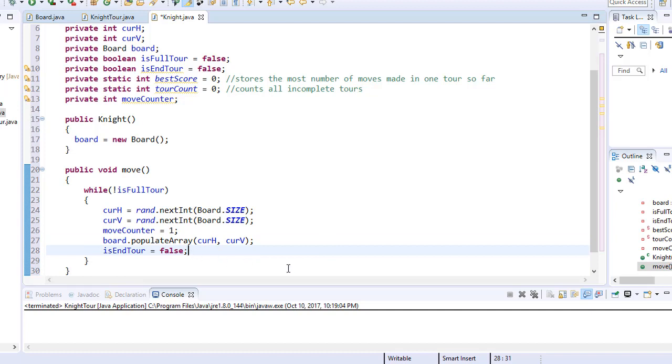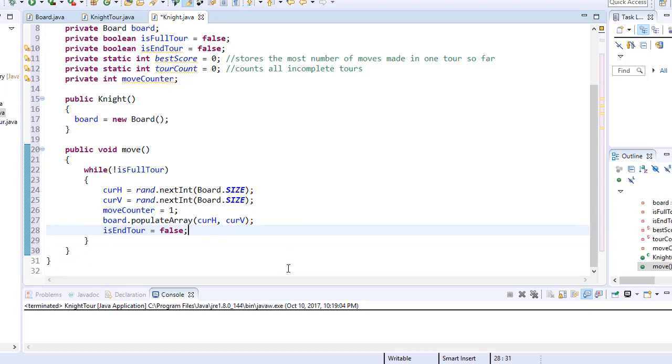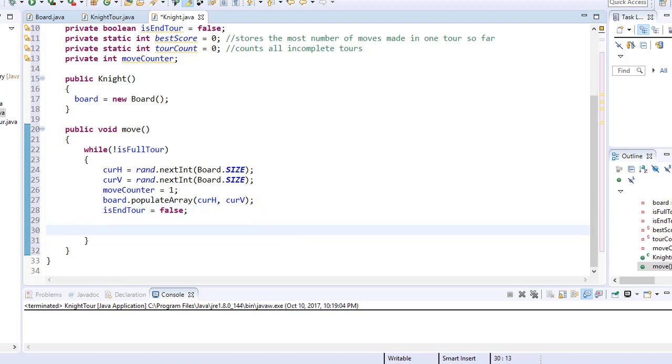Alright, now we need another loop for each individual tour. Our while loop simply runs the program until a full tour is made. But we also need a loop that will control each individual tour, and we need to run the loop until we no longer can make any move, meaning until isEnd tour is true. Or, in our case, we will run it while isEnd tour is false, because we are going to